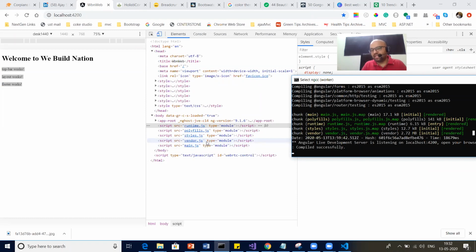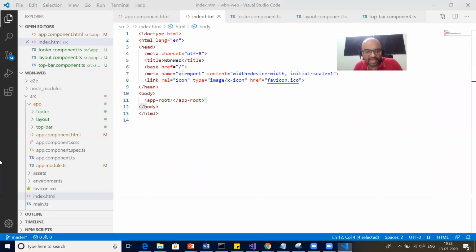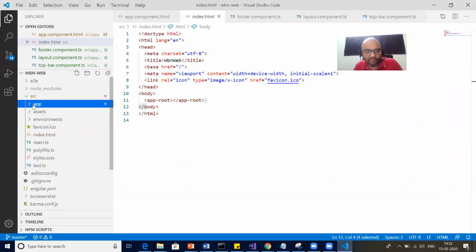When Angular compiles the project, it compiles everything and makes meaningful bundles of files. For example, main.js will contain the code written by you, the developer. That means whatever components, services, pipes, modules you have written inside the app folder will all go to main.js.